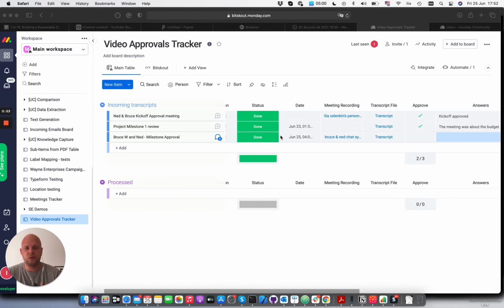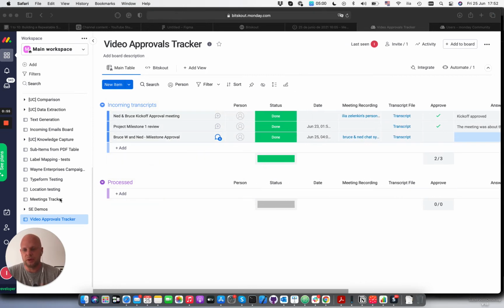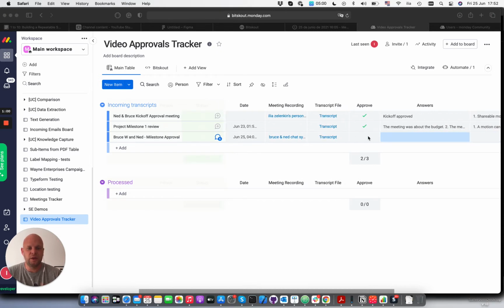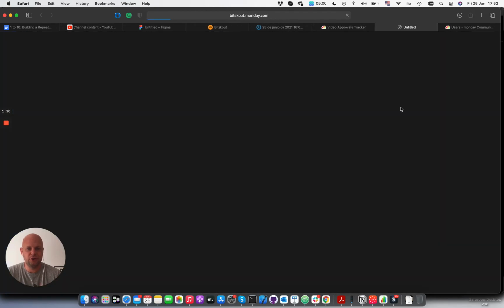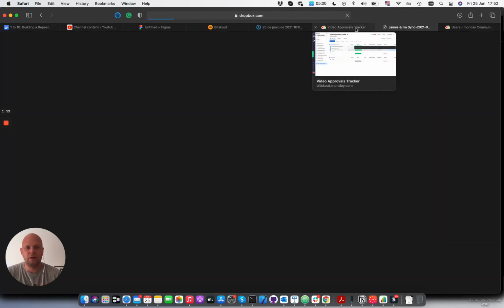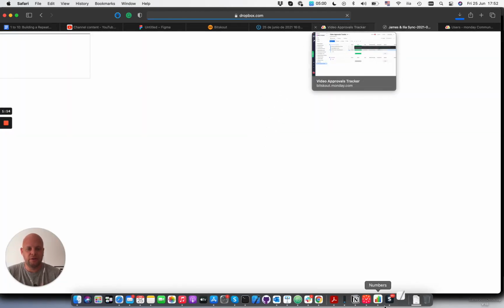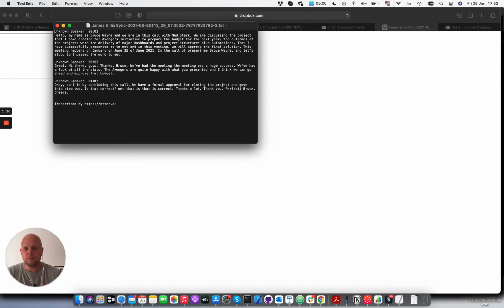In this case, we are using a board quite similar to the one that we use for Meeting Tracker, but in this case, we're going to do a different kind of analysis. So, for instance, we had a meeting here with Bruce Wayne and Ned Stark about the Avengers Initiative in a parallel universe, and what they discussed was